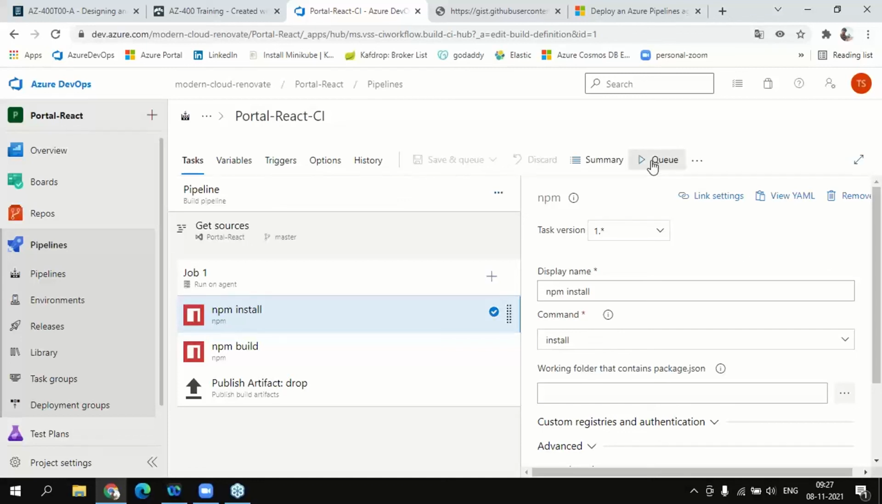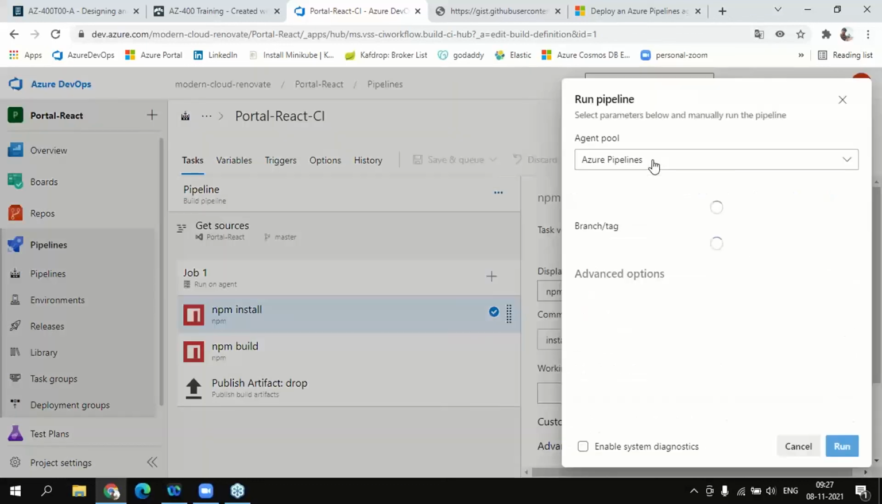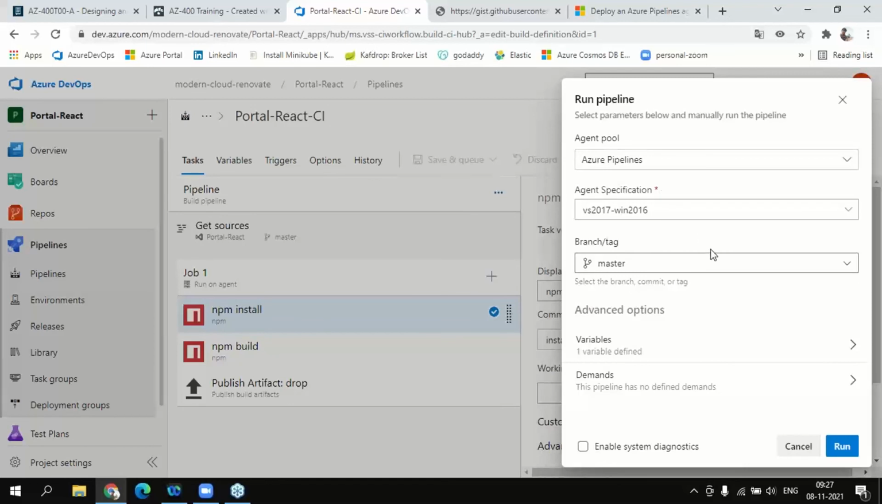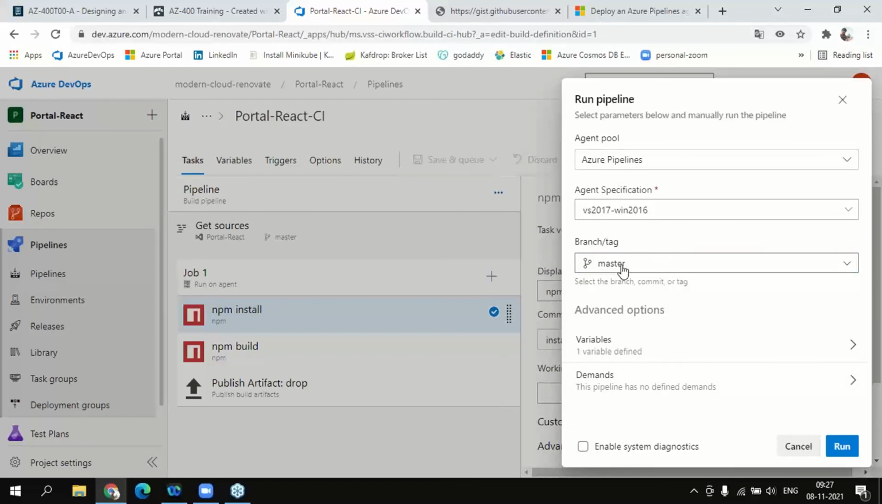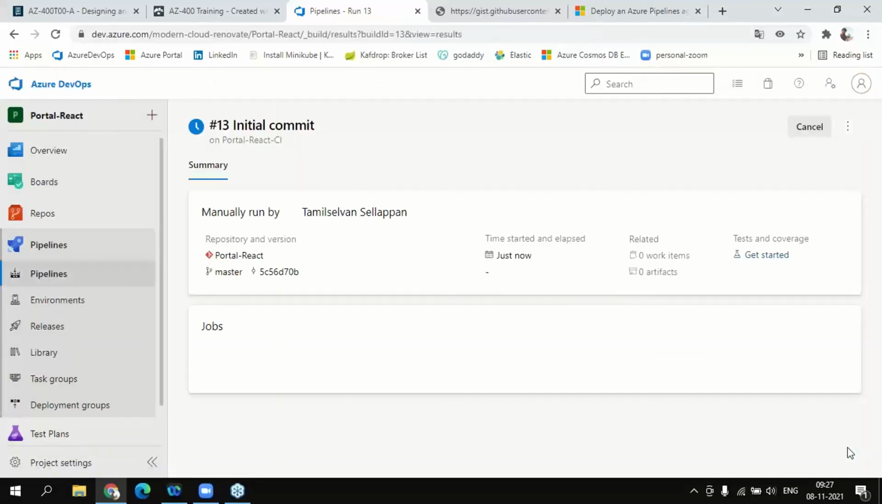Okay, so maybe I will just click on queue, so that here you can select which branch you want to run. Here you can select master, develop, deploy, something. And then currently we don't have any variables. Maybe in a real-time application we will supply some kind of variables also. Okay, and when I'm clicking on run,